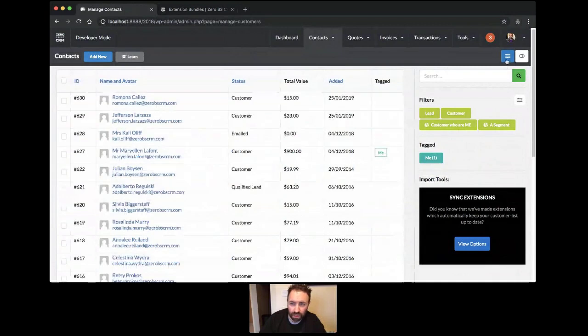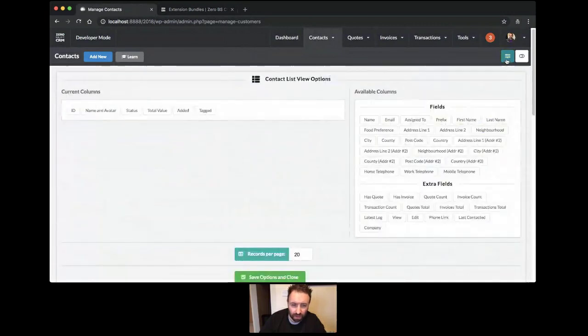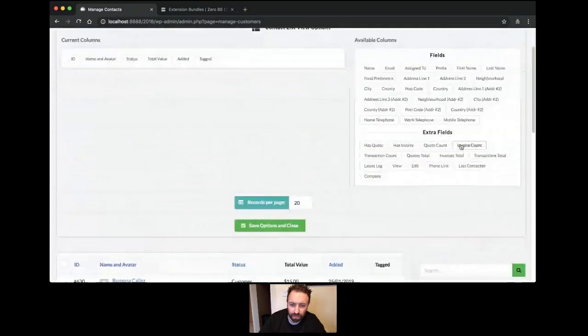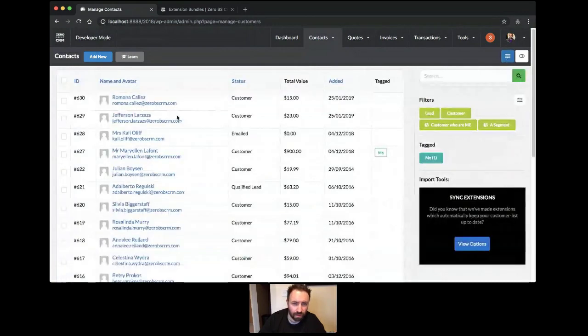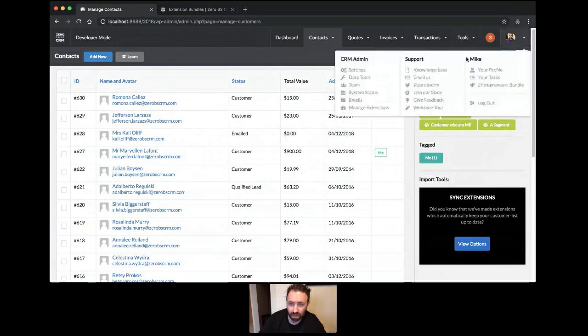So you can change the fields that are in the columns. There'll be a select few to begin with, but you can have as many as you want. But the more you add, the bigger the table is going to get, and the more cluttered it's going to look, so it's always advised to keep it tidy. You can drag fields in, you can drag fields out, and you can also have custom fields. We tend to get a number of questions around whether people can have custom statuses and additional custom fields. This is all done via settings